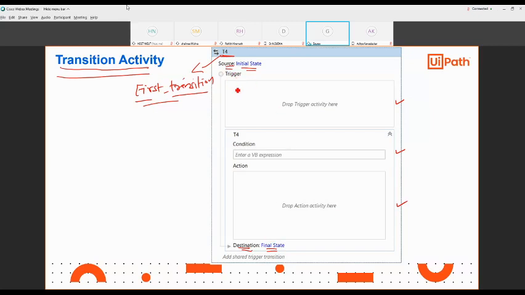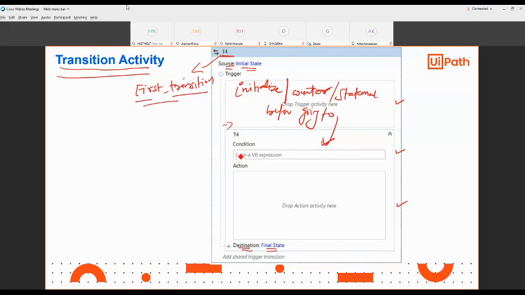Trigger means if you want to initialize something or maybe a counter, or maybe any statement before going to the condition, then you can mention it in this box.